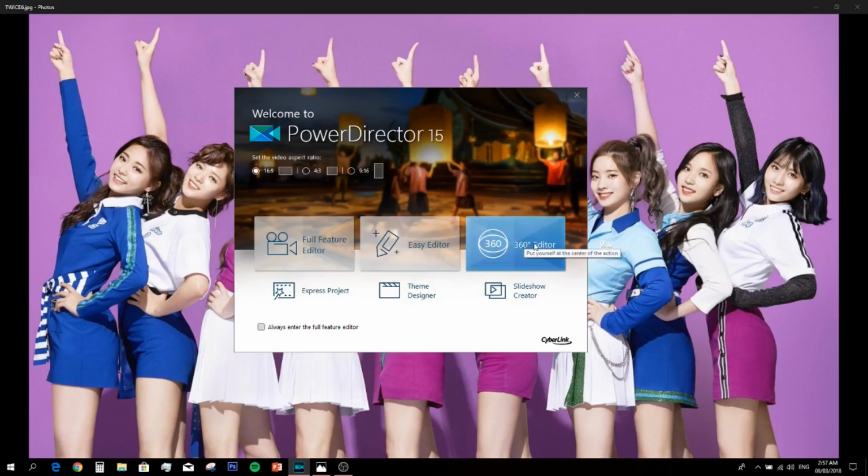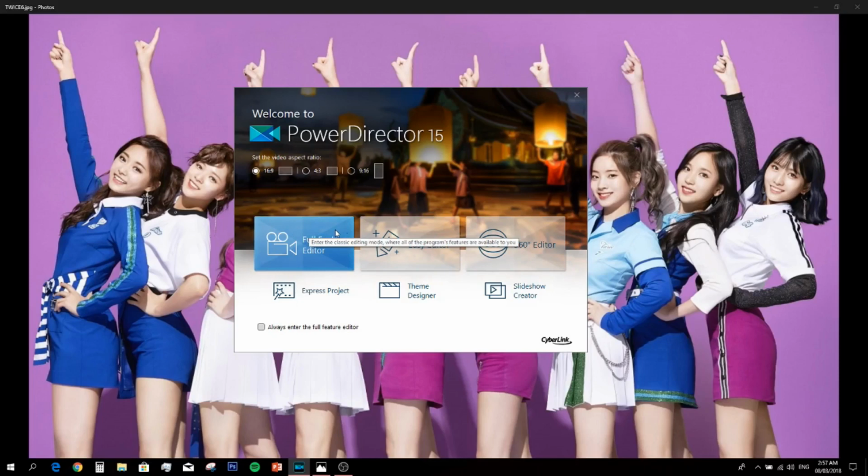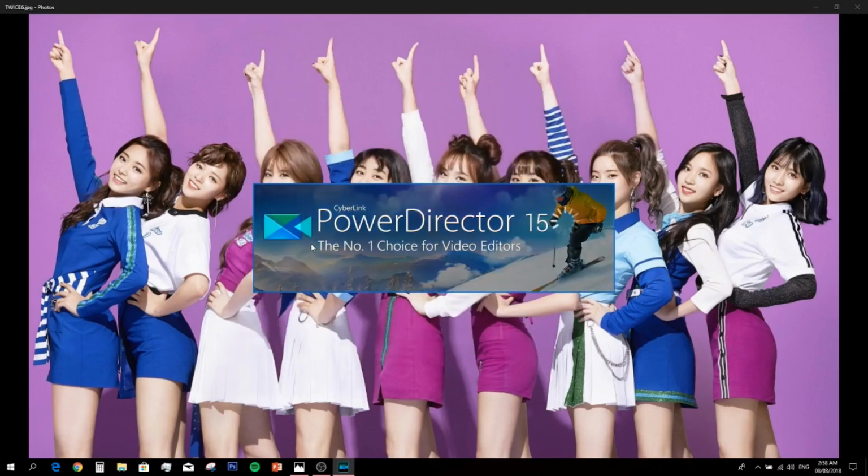And the last one is the 360 editor. I don't know this feature, but I think this is a feature wherein you can edit your video in 360 degrees, something like that. So for now, I will highly suggest to click this full feature editor because these features allow you to edit and make some changes. This one has a lot more potential than this. But anyway, okay. Yeah, you can see